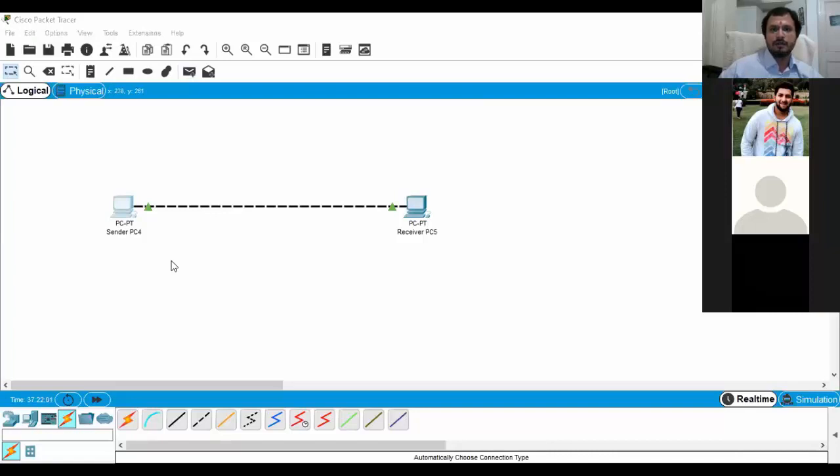Now you can see inside this computer what we have to do. We have to configure it first of all. So how are we going to configure it? We have to give the IP, and where will we give the IP? We will give the IP in the interface. So interface is nothing but where we are going to connect our computers, right? So that is our fast Ethernet.